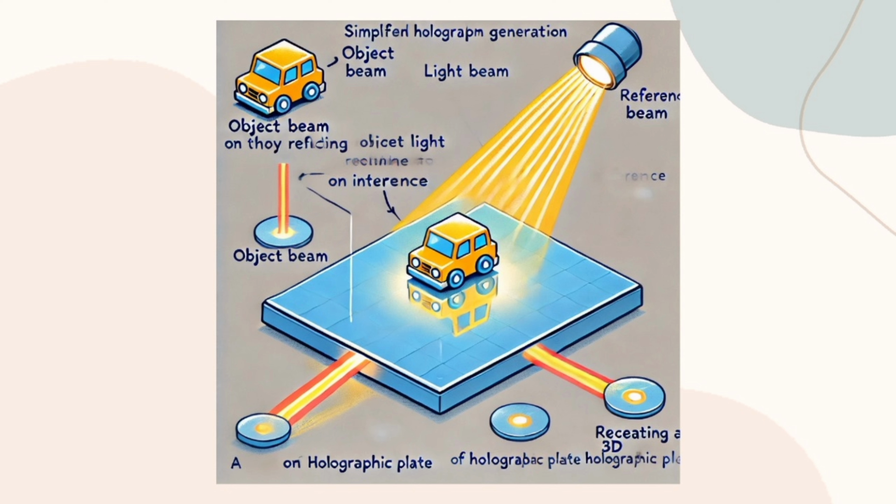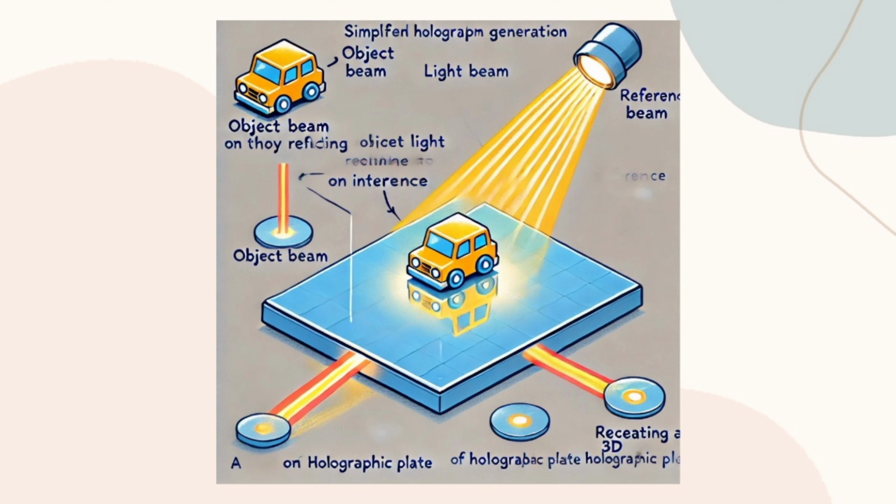Imagine you have a flashlight, but instead of a regular one, it's a super special light called a laser. This laser beam is very neat and focused, like a perfectly straight beam of light. We shine this laser onto an object like a toy. The light bounces off the toy in all directions, carrying information about how the toy looks, its shape, color, and